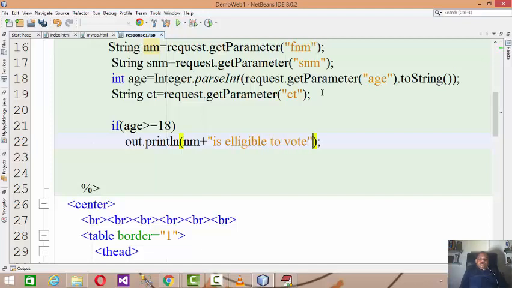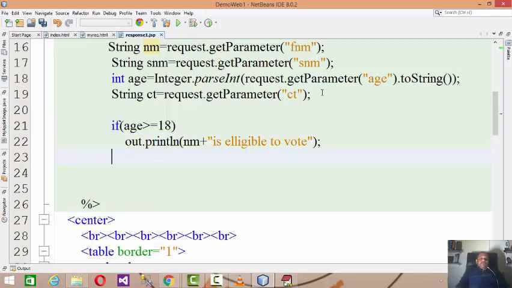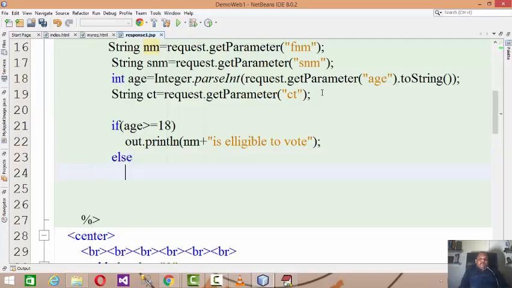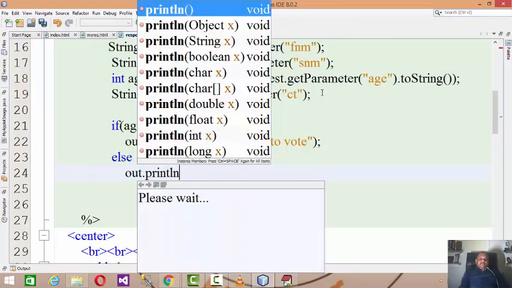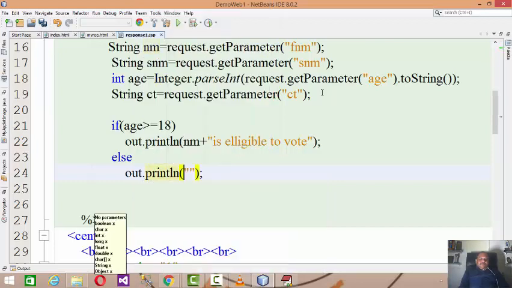Here you are not supposed to use System.out.println, here it is out.println. Else out.println nm, the name of the person, is not eligible to vote.